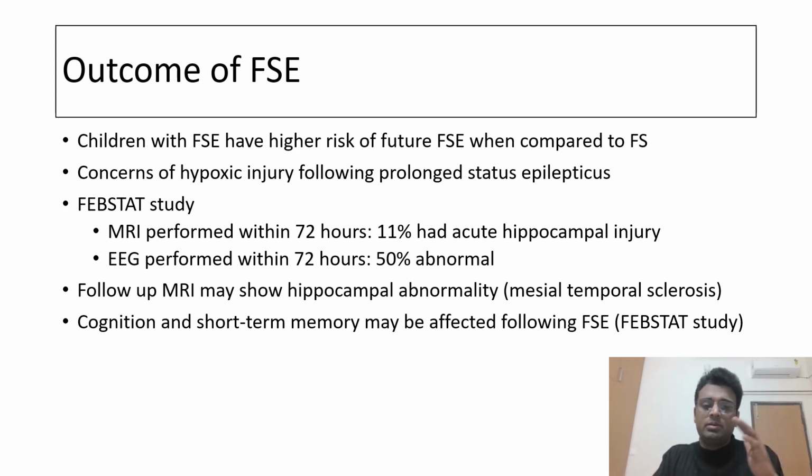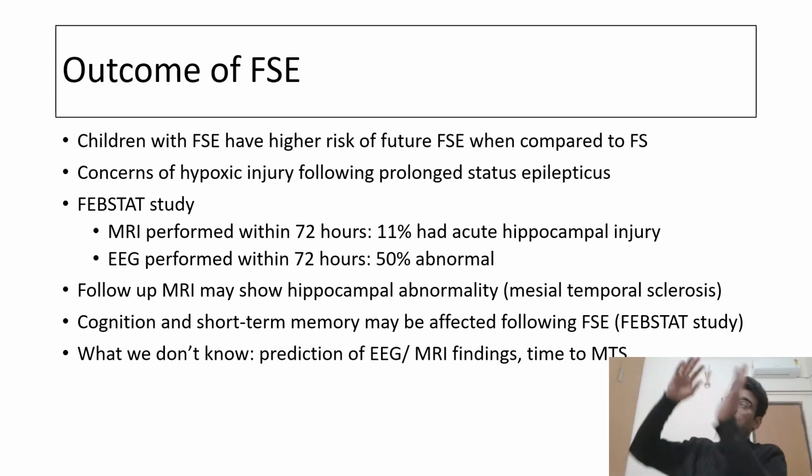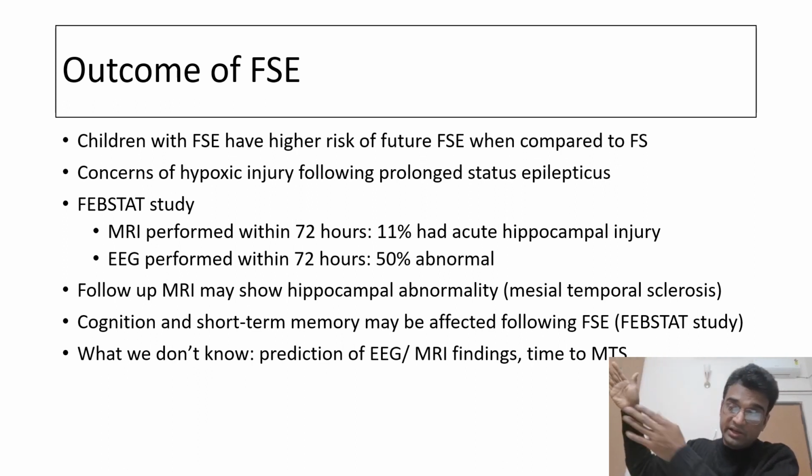It has been shown that follow-up MRI might also show hippocampal abnormalities like mesial temporal sclerosis. It is also known that cognition and short-term memory might get affected following febrile status epilepticus. What we don't know is, if there is an abnormality on an EEG and MRI performed within 72 hours, how long it will take for the child to develop mesial temporal sclerosis. If the child has febrile status epilepticus at 1 year and MTS develops at 8 years,